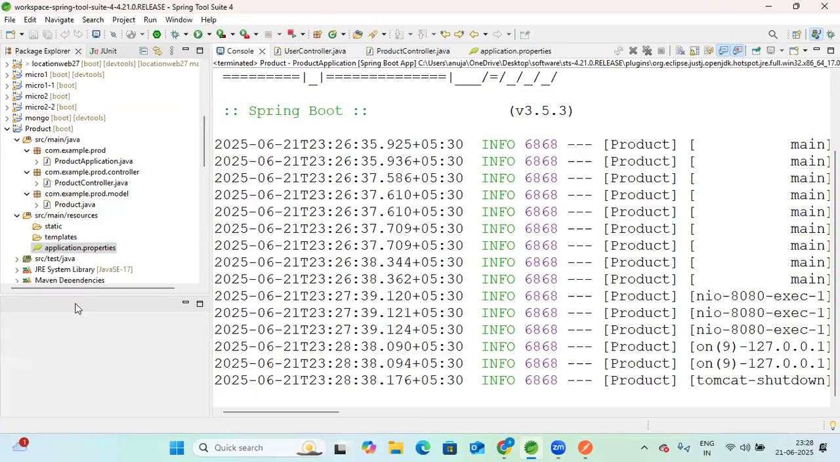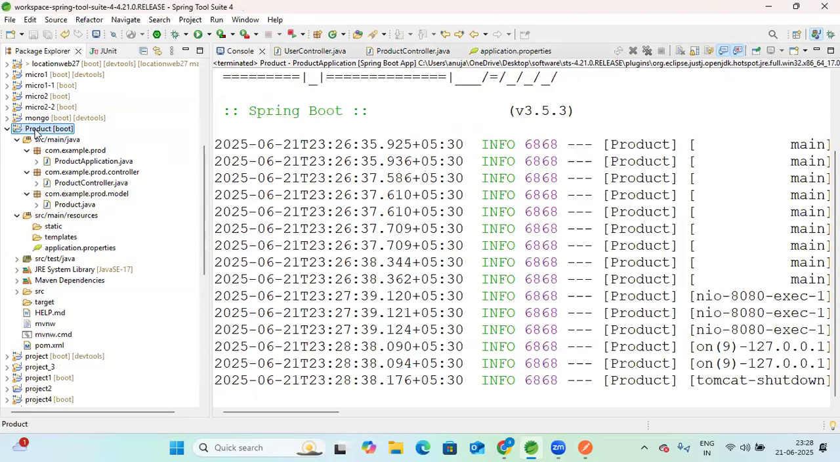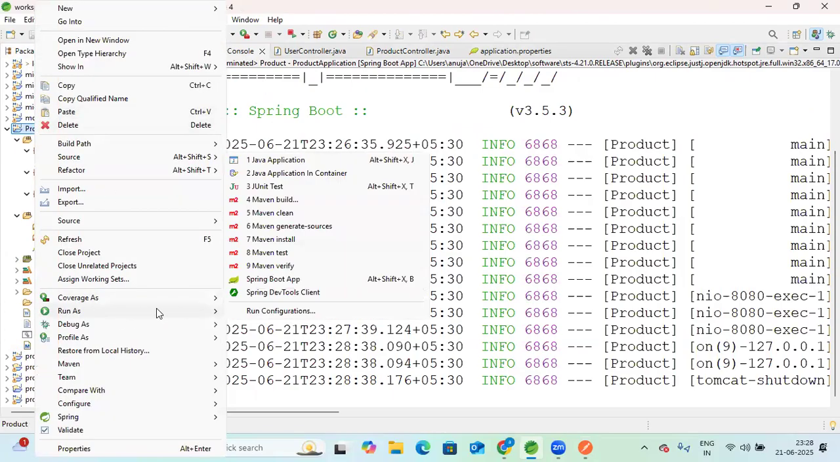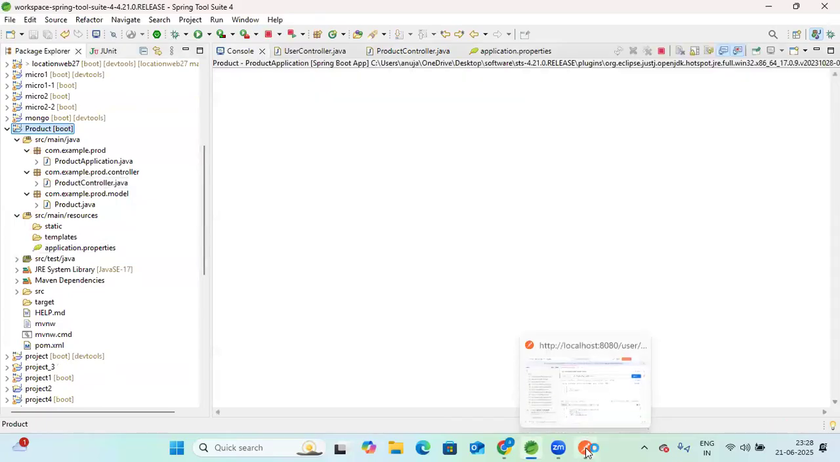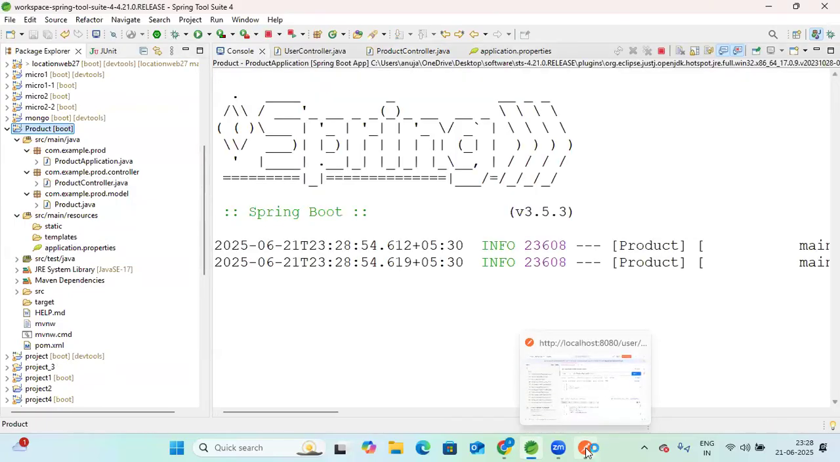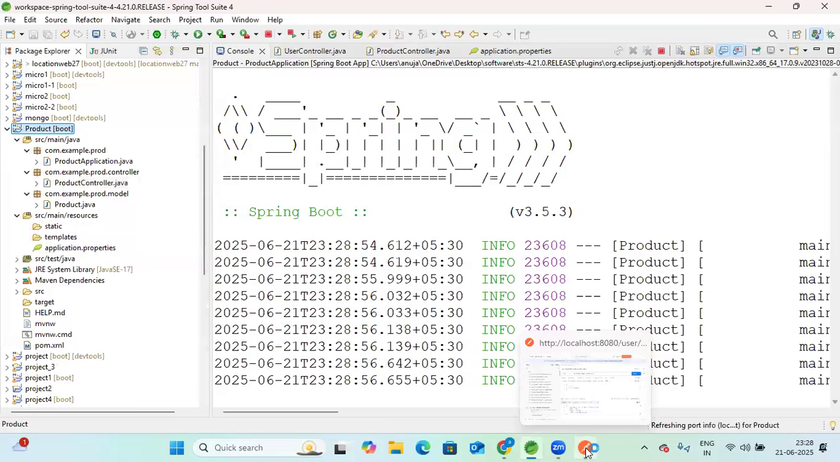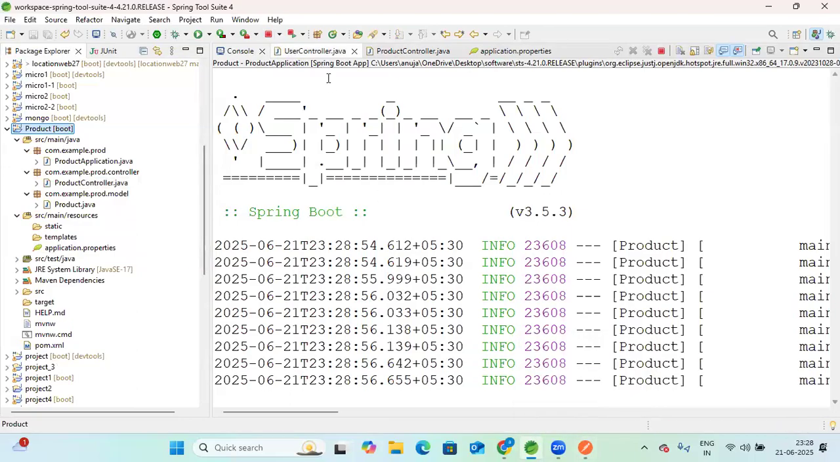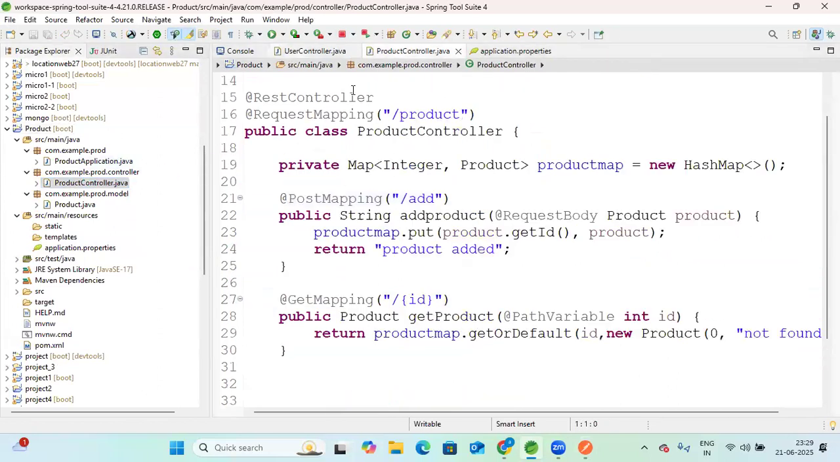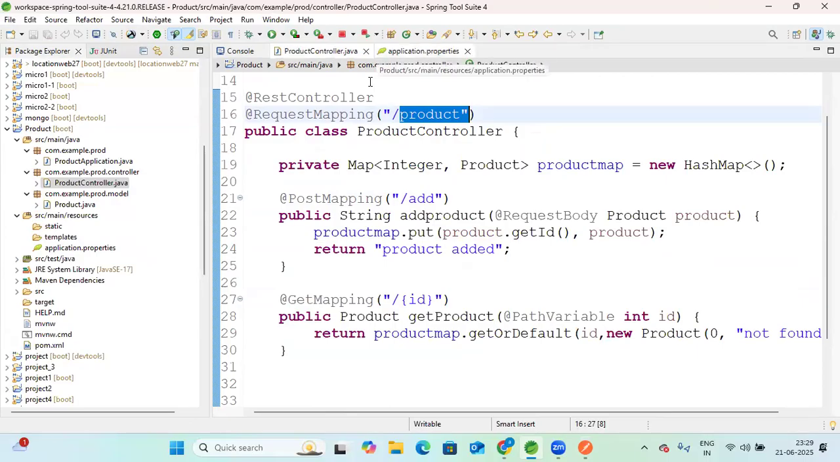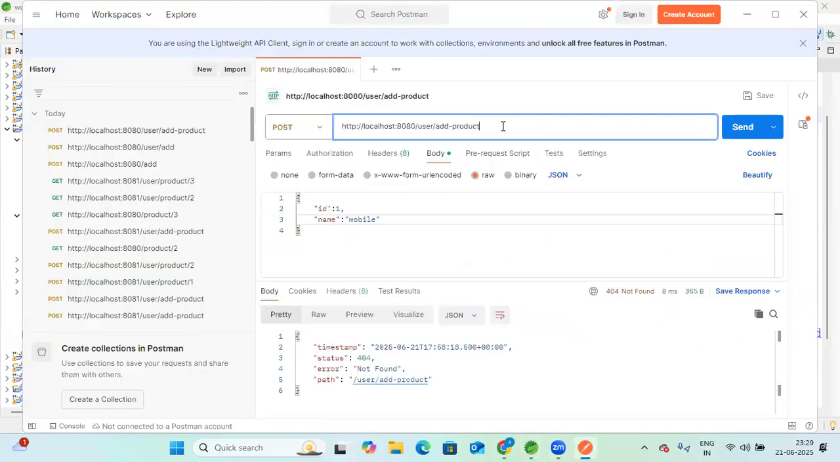Okay, close this. Go to product, run as the Spring Boot product controller. Okay, I must see user controller. I have to see product controller. Now this is product under product or slash. Okay, the product controller is